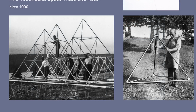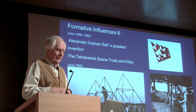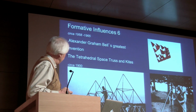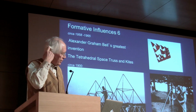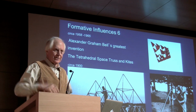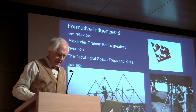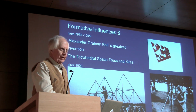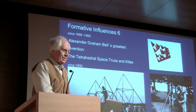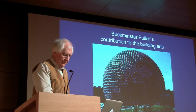Bell really built the first so-called octet truss, or I don't like to use these Bucky terms, isotropic vector matrix, or whatever you want to call it, equilateral three-dimensional space truss, both for land-based structures. He built a large observation platform on his Nova Scotia estate, but he built these crazy, wild, big kites out of these arrays of tetrahedra. And there's a wonderful essay in a 1903 National Geographic where he explains his interest in this particular geometry, which I recommend. And of course, Bucky was,